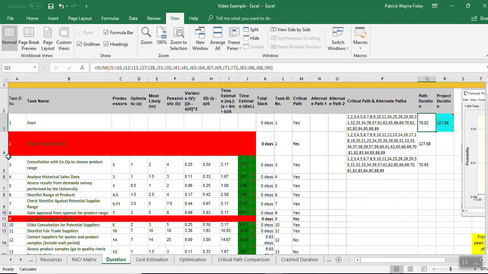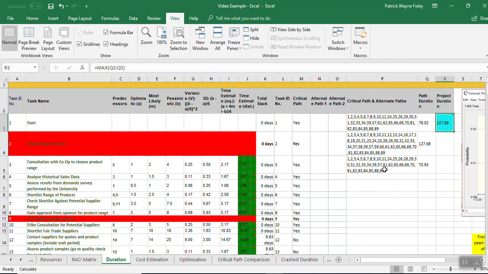So here the reference cells link back to this, not to the task ID, because we're doing a reference in Excel. And you can see that that allows us to collect the path, but also allows us to collect all the data that's contained in the beta distribution. This becomes important later when we do our forecast. You'll see that we'll go equal maximum. All we mean by that is that these three are alternate, this is the first critical and these are alternate critical